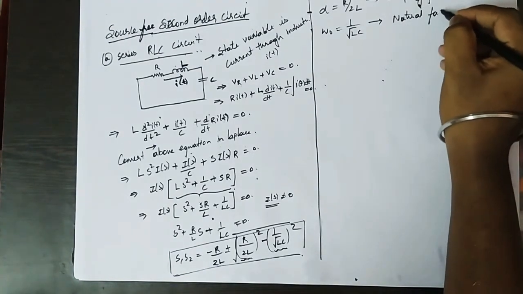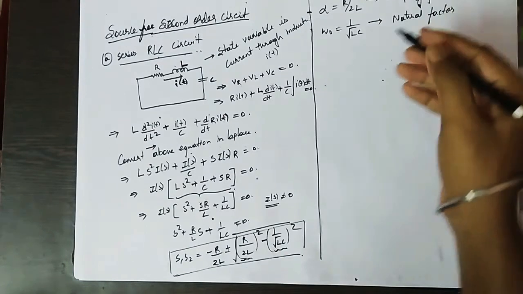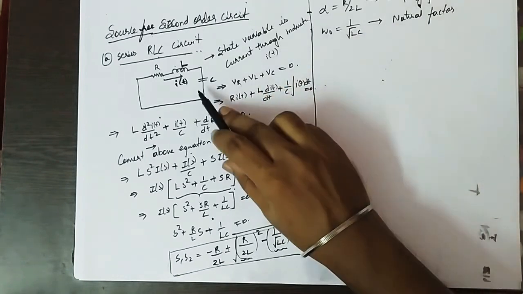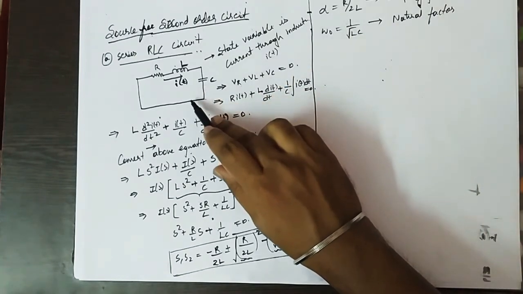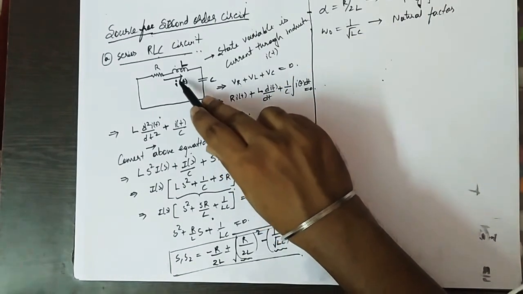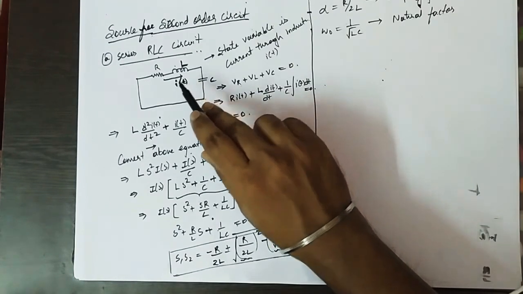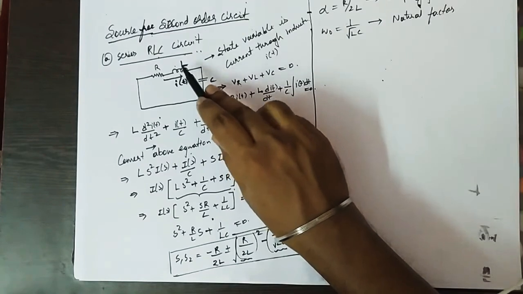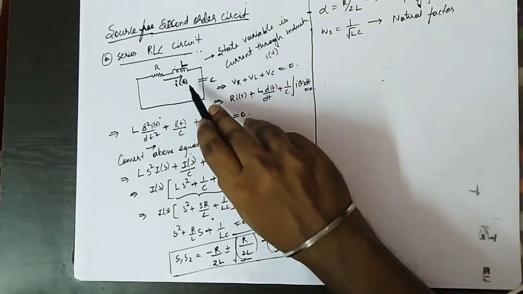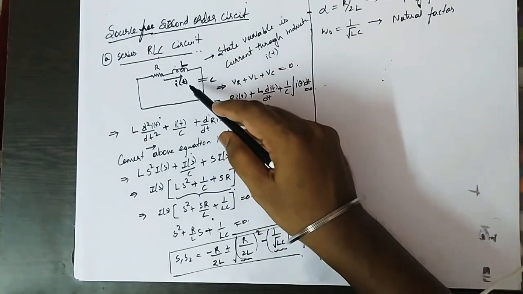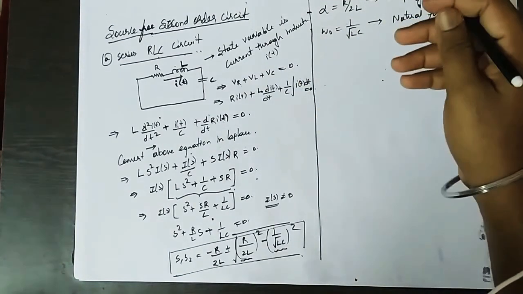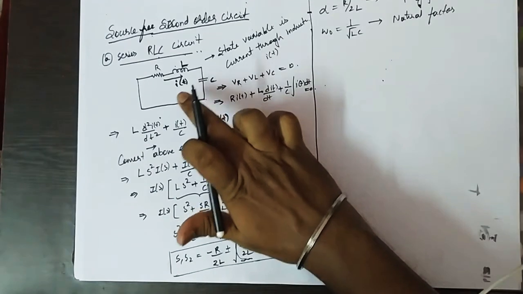So you need to understand one thing. Here the frequency does not mean the source frequency. There is no source here. The source frequency is different; this is the circuit's natural frequency. So with the natural frequency only the response of the circuit will come. We are not giving any source here. So the initial conditions of the inductor and capacitor will be used in the circuit. In that current response, only the frequency will depend, that is the natural frequency. Based on the natural frequency only, the response of current will depend.